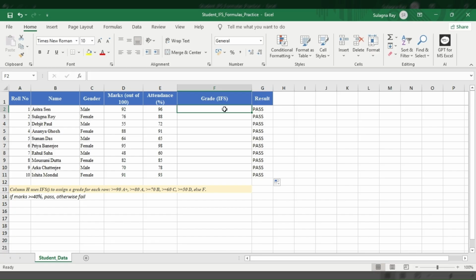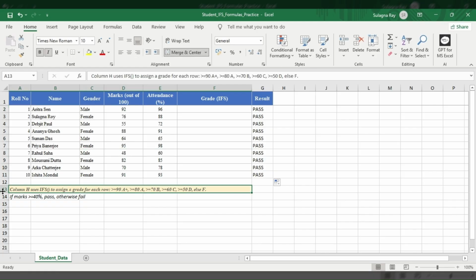So here we want to find out the grade of each student, and here we have given the grade criteria. Whenever the marks is greater than or equal to 90, then the grade is A plus. Whenever it is greater than or equal to 80, then it's A. Whenever it is greater than or equal to 70, then B. Greater than or equal to 60, then C. Greater than or equal to 50, then D, and else it is F.